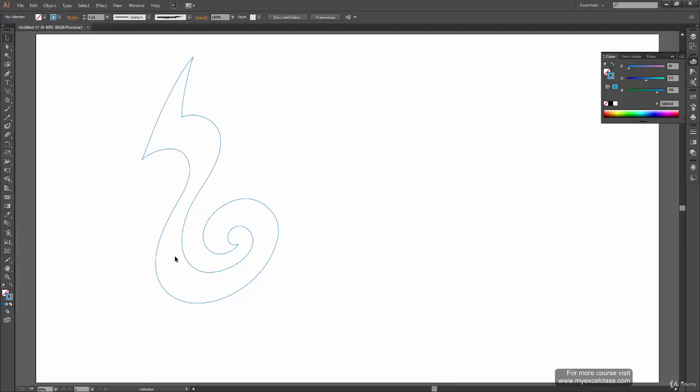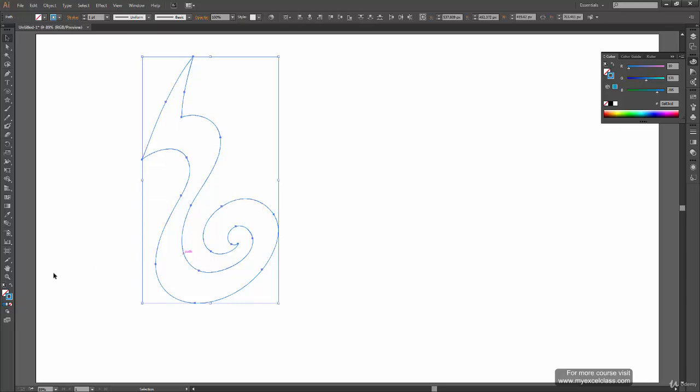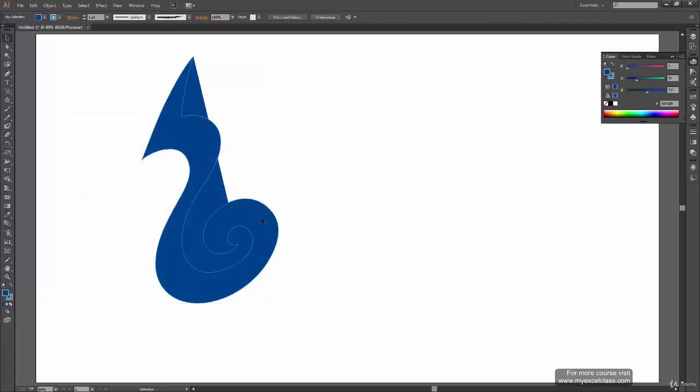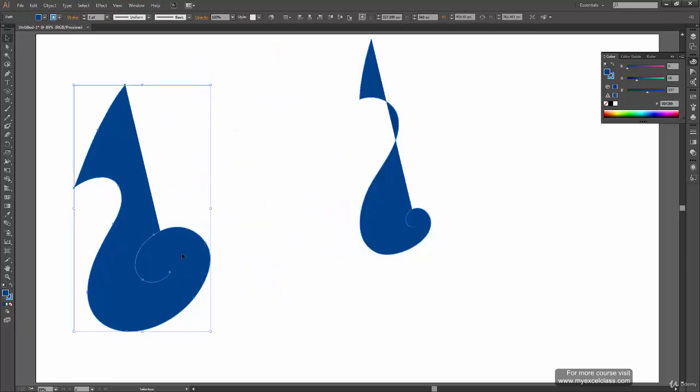All right, so I have my outline ready here. Now what I'm going to do is fill color in this. That's very simple work. Select all these two shapes and double click on this, and what fill color should we use? I think the dark blue, a little dark, and press OK. Now you can see there is a weird fill over here, and this is happening because our path is not closed, our path is open. If I move them like this, you can see that this is actually happening.